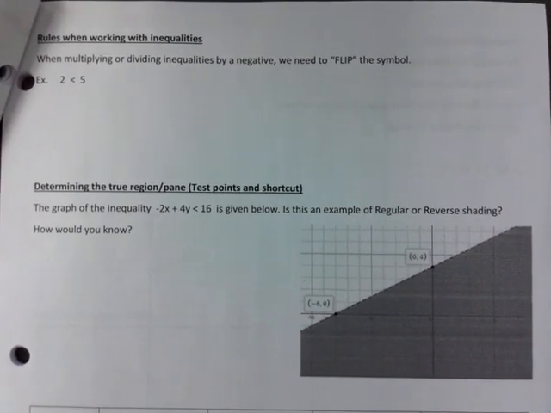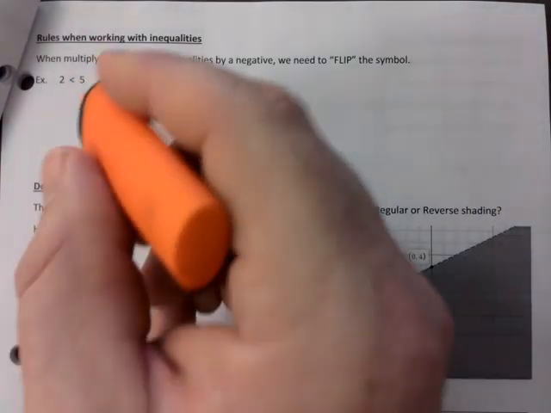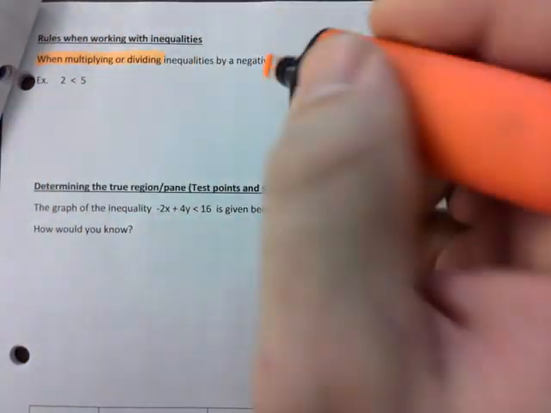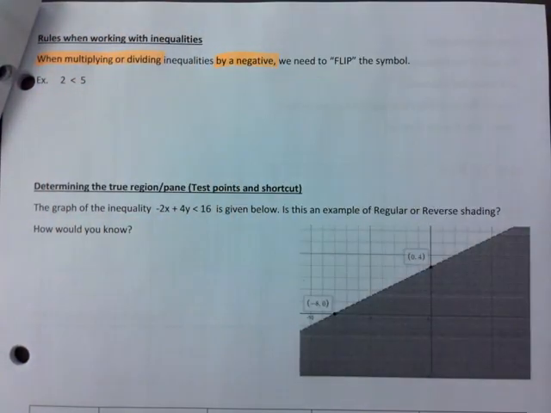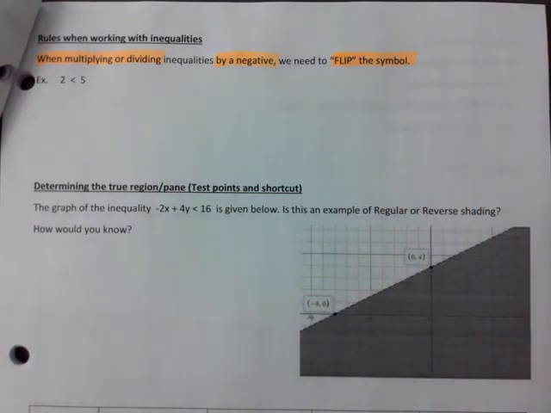Some of the rules on working with inequalities. This deserves highlighting, because it happens quite often. When multiplying or dividing by a negative, we flip the symbol. We flip the symbol. So for example,